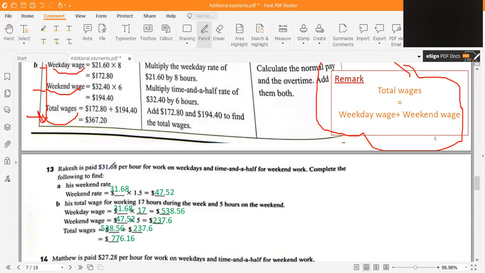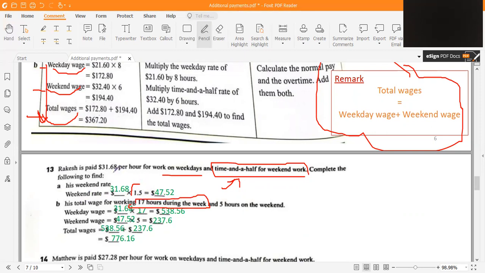So Rakesh is paid $31.68 per hour for work on weekdays, and time and a half for weekends. So we can calculate the weekend wage from the time and complete the following. His weekend rate equals 31.68 times 1.5. Okay, if we have the total wage for working 17 hours during the week,